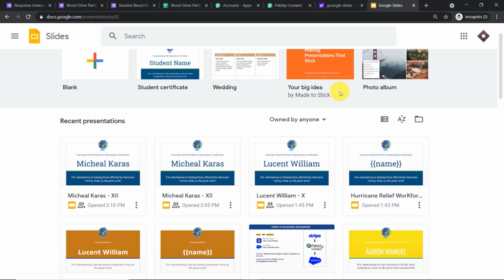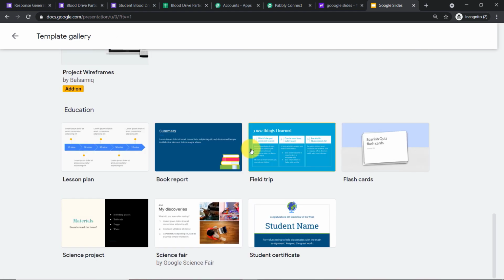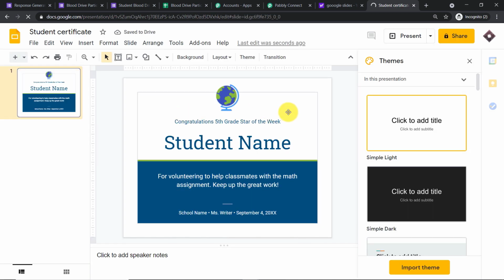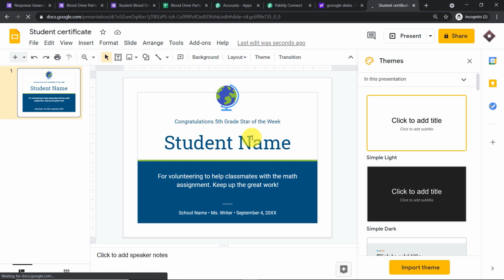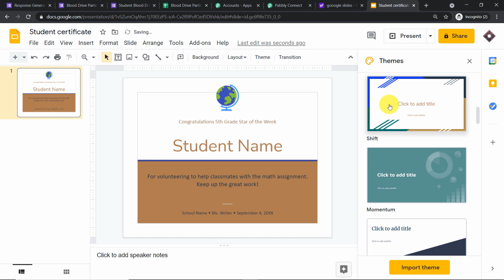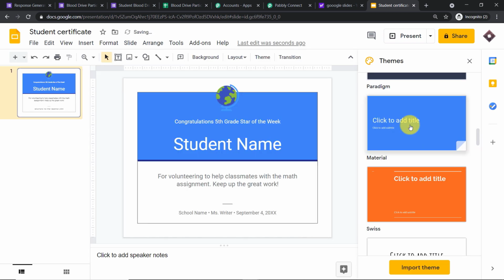What if I create a new slide? Let me click here, and I'm going to click on a new student certificate. We are going to create a new template for a student certificate. So we are going with this certificate, and the type I'm going with is, let's say, this one. Nah, this is boring. How about this one? This looks a bit better than the last one, so we are going with this one.